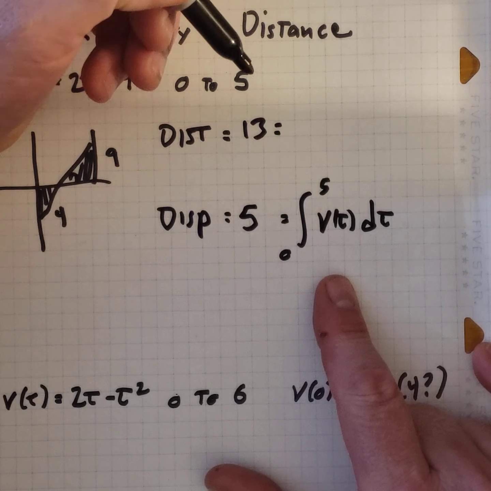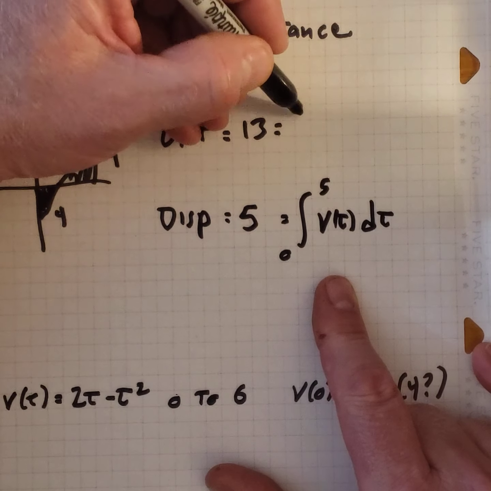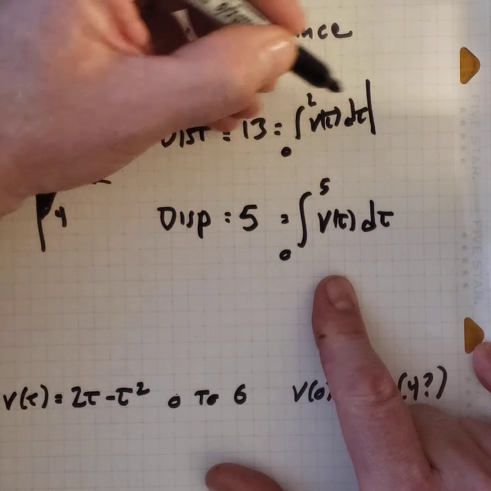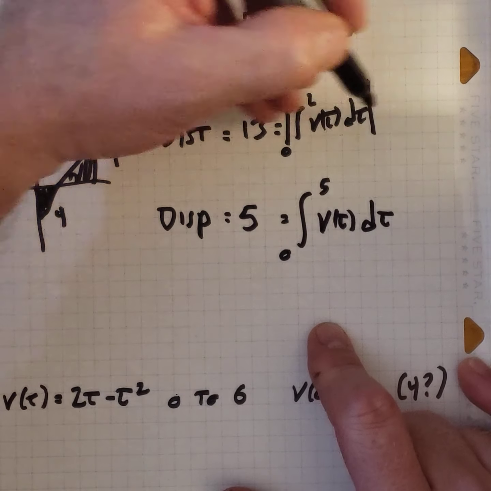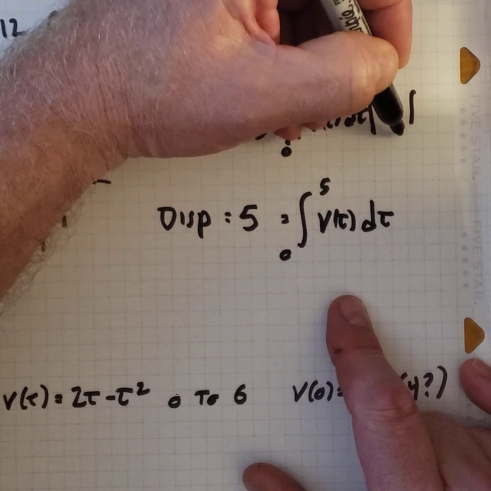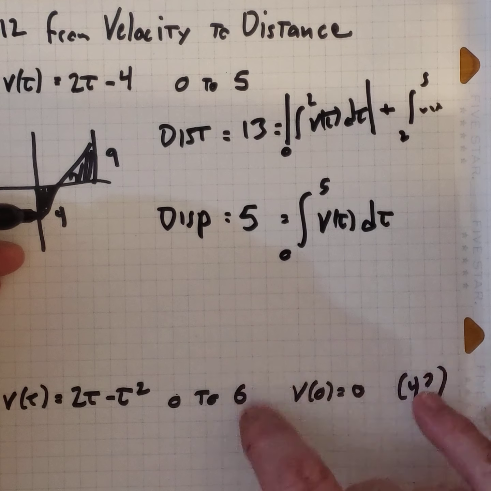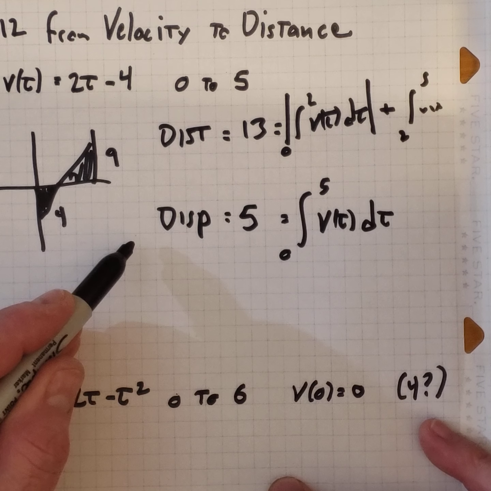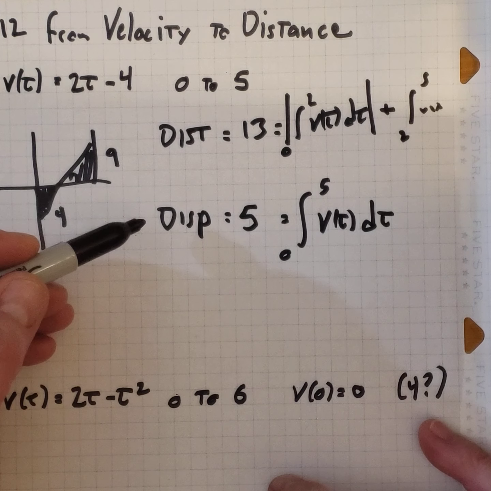If we want to find the actual distance here, then we're going to have to do the integral from where we started to where we hit 0 and change direction. So we'll go from 0 to 2 of v(t) dt and do the absolute value of that, right? That gives us negative 4, but we want to consider that positive if we're talking about distance traveled. And then we would add on the integral from 2 to 5, and so on. I don't think I need to finish writing that for you. So there's the distinction. Just doing the integral will give us how far you end up from where you started. If you do the integral over the negative direction period and the positive direction period, that's going to give you